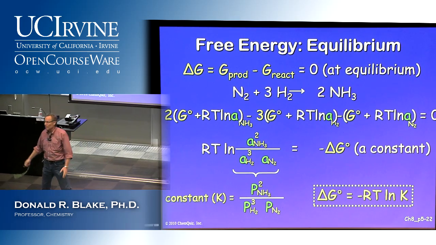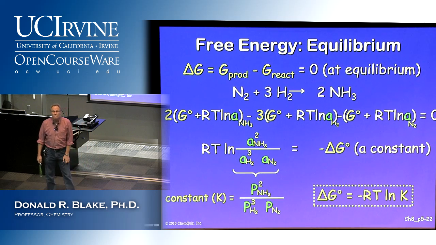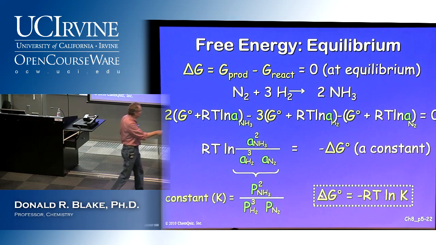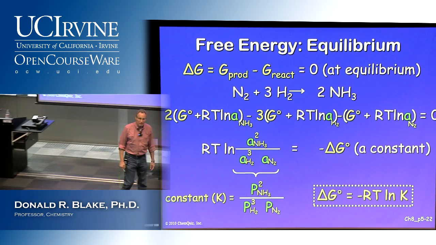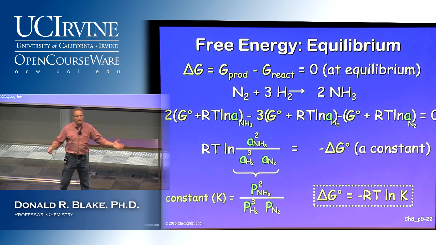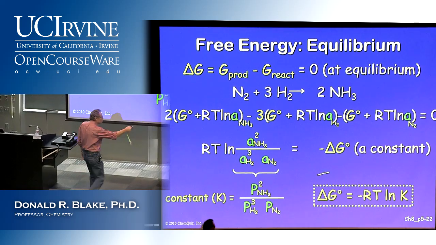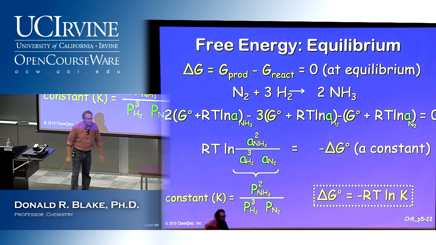Type in 1.1. It's not a huge number. What is the log of 1.1? 0.0 something, but it's positive. So that whole thing is positive, therefore delta G is a negative. Okay? So please understand, I'm sorry that I'm dumbing this down, but you have to understand that's what this whole thing is about, okay? So folks,